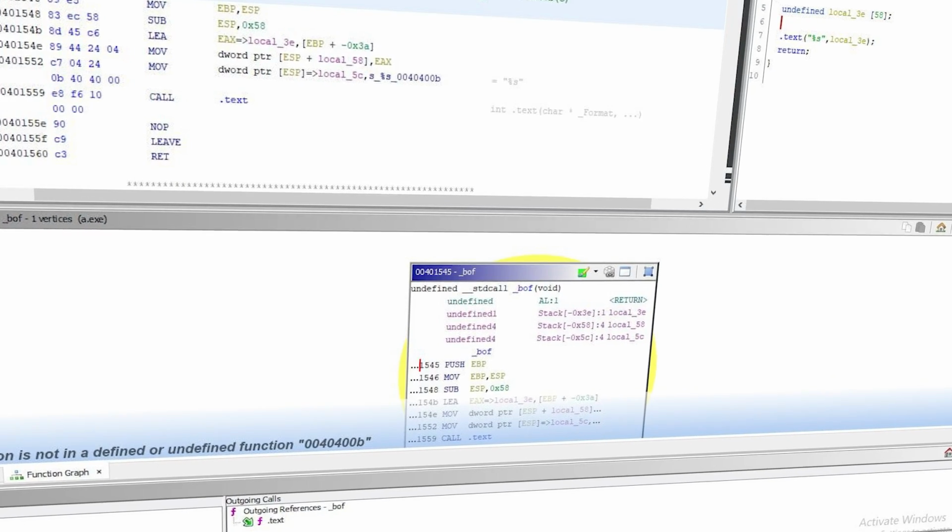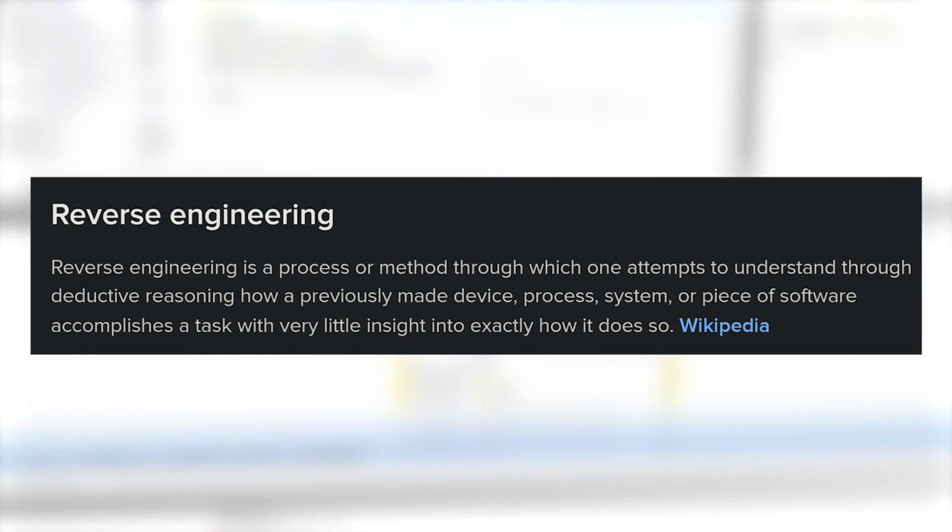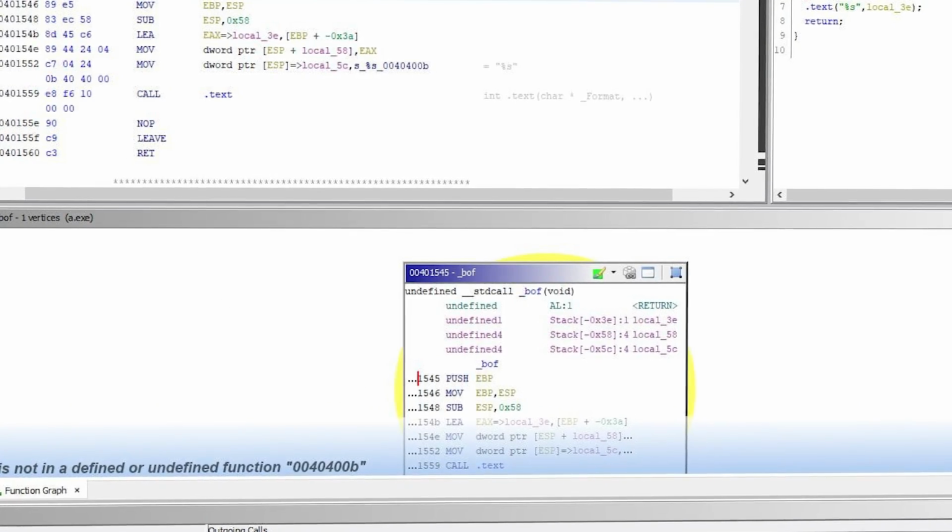Hey everyone! Today we're diving into reverse engineering, the powerful technique hackers use to crack software and uncover hidden secrets. Whether it's breaking down programs, analyzing hardware, or unlocking systems, we're going to explore how it all works and what